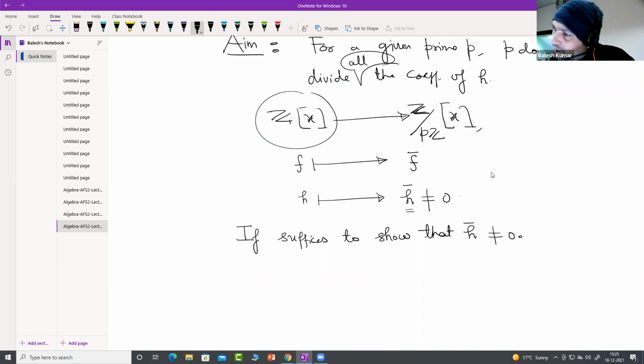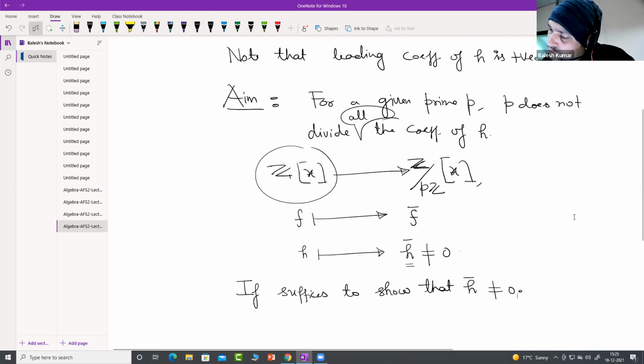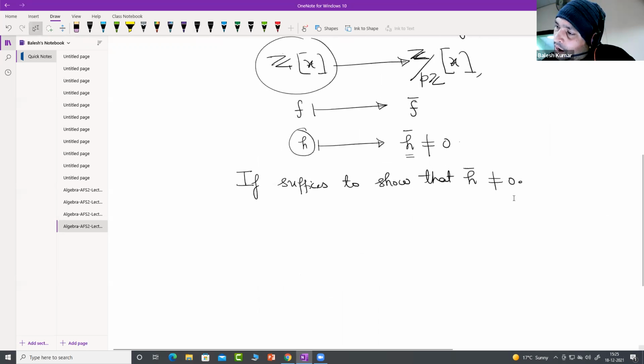So far it is clear that, for a given prime p, if we look at the image of the polynomial h modulo p, then we need to show that this should not be a zero polynomial. That means there exist some coefficients of h which are not divisible by p. And now I think it is very easy to show that this is not equal to 0, just because, note that